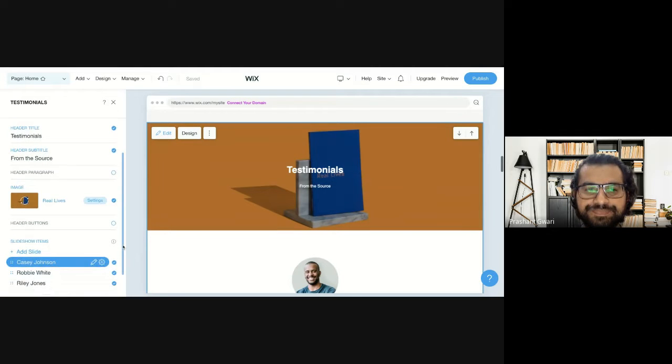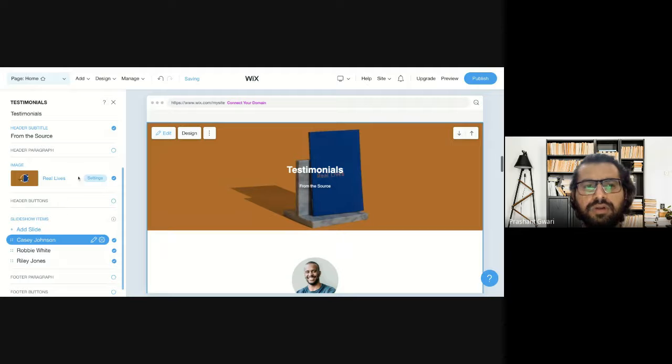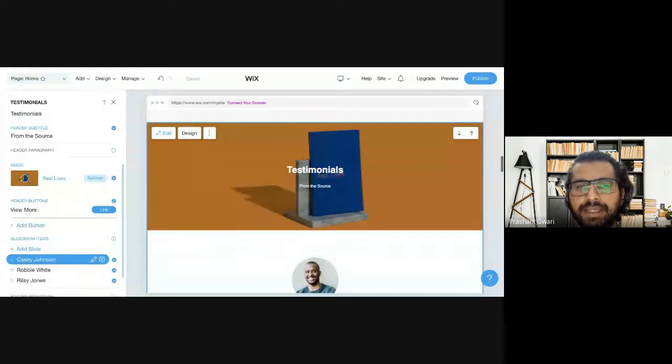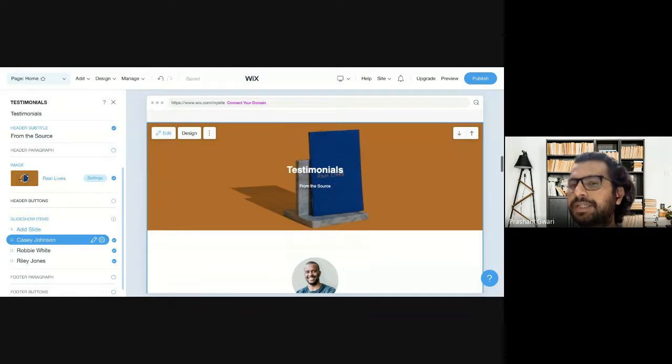Now the header button, you want to create a header button. As I told you, if you have more than 10 to 15 testimonials, you can create a header button like this and type here something like view more or get more reviews, and connect this page to a separate page where you will showcase all the testimonials. If you don't have enough testimonials, no need to add this call to action button here.